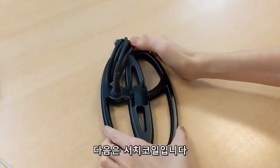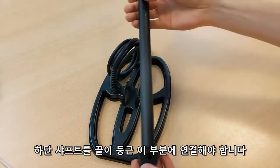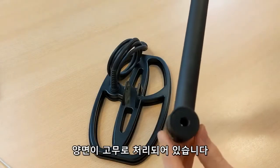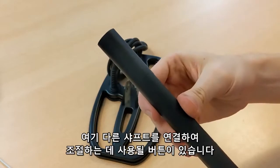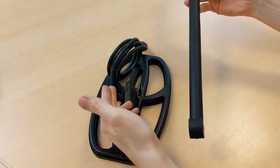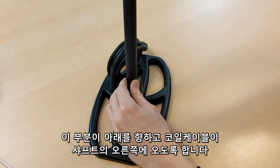Now we take the search coil. We need to connect the lower shaft piece with this round piece at the end. On both sides there is a rubber piece put in, which you may have to do. Here you can see the snap button for connecting and adjusting the other shaft piece later. This has to point downwards, while the coil cable has to be on the right side of the shaft, like